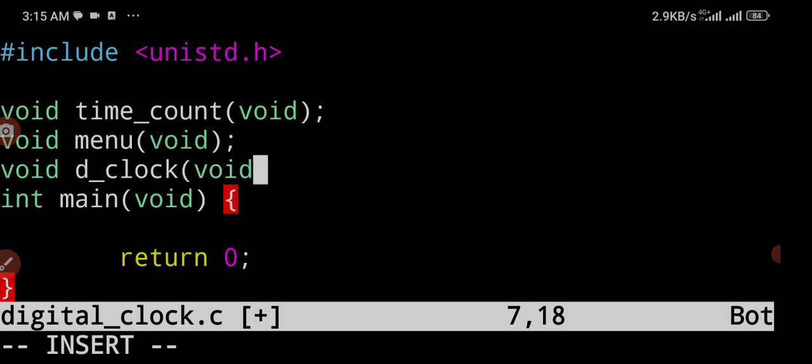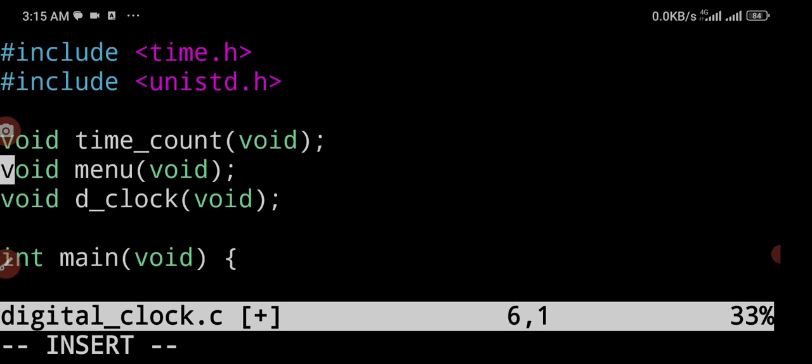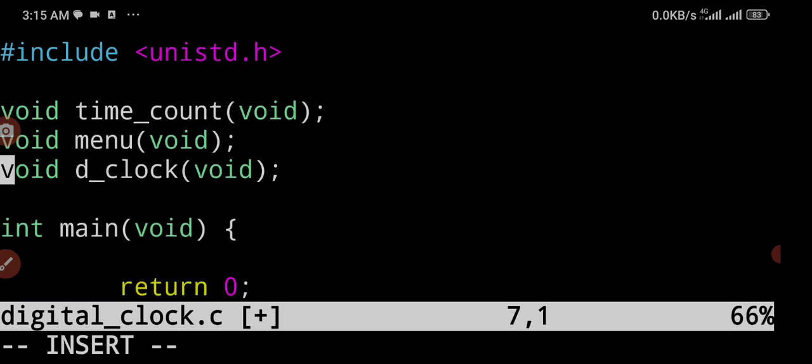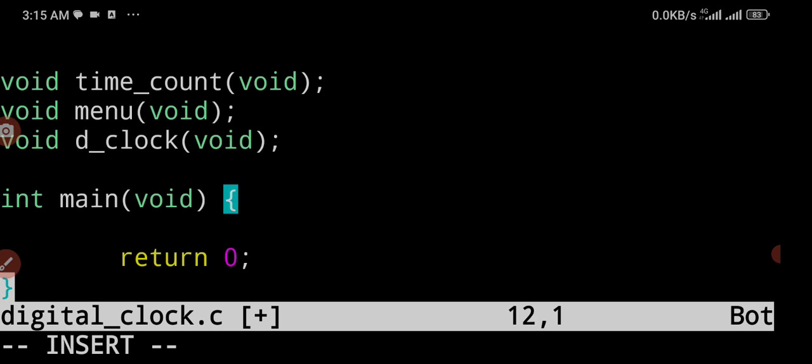So that is it. These are the three functions we just wrote, which are called function prototypes. We can put this in a separate file, but today I just want this program to be very easy. There won't be much editing, so I'm just trying to build a very simple program. What we do now is go to the bottom and give the definitions of these